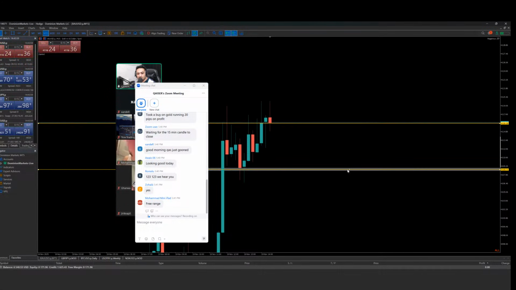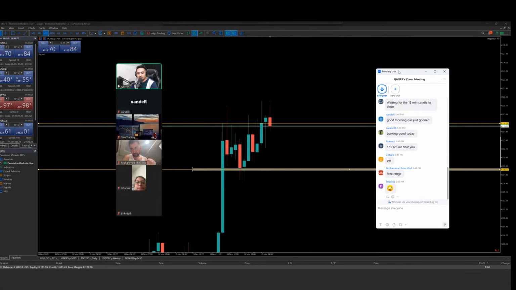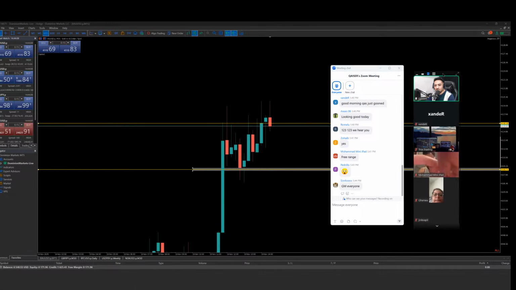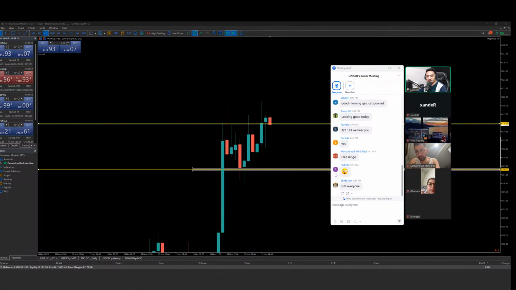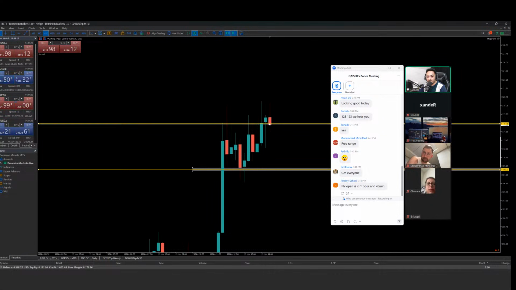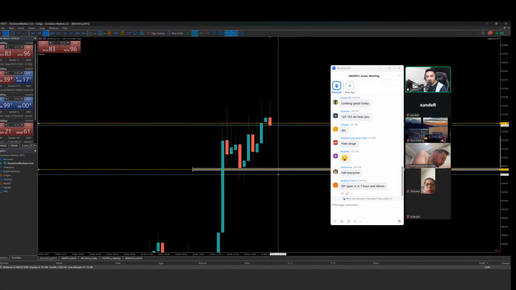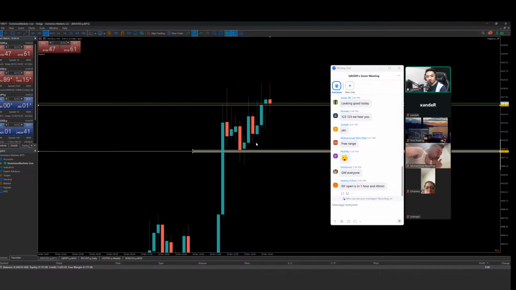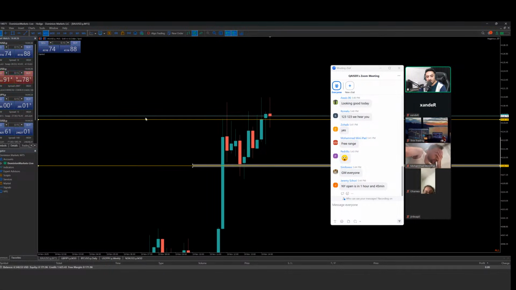Wow, look at this one. It's pushing to the downside right now. Wow, man. It's great, actually. It's really great if it's pushing to the downside. Because if it breaks above this high with the opening of NY, then there's a very high probability we will continue pushing to the upside. And at the same time, if it continues pushing downside, breaks the low and closes below the support area, and then with the opening of NY the next candle creates a break of the low, both ways we are having a beautiful opportunity. So let's see which one comes forward to us, so then I can give my trade a chance.